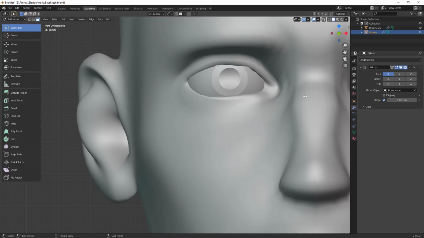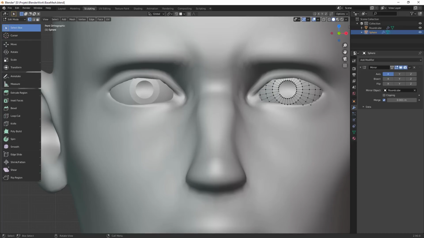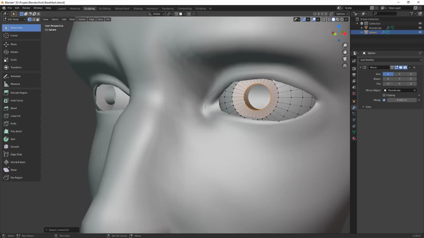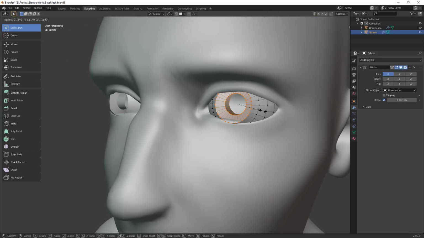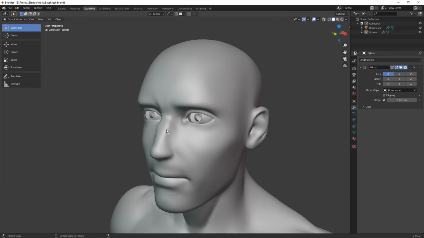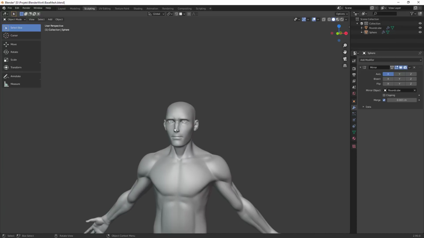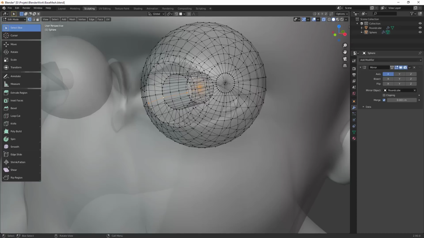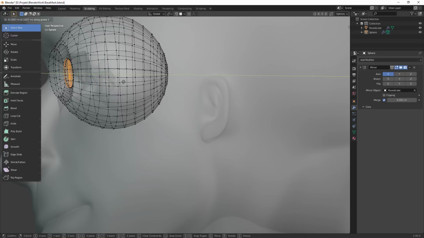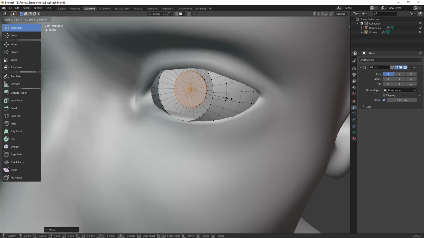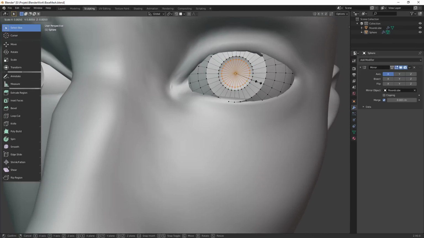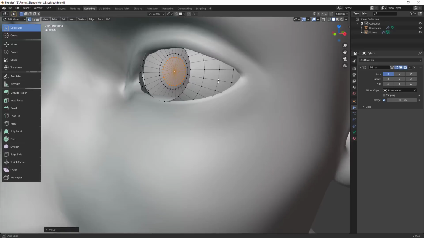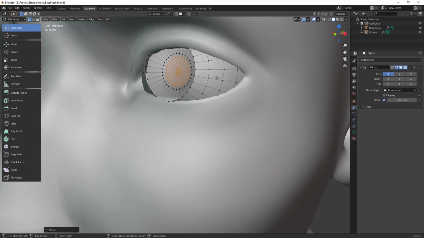I think also the pupil could be a bit larger, so I'm going to select the inner part like this using L, and I'm going to select this loop. On top of that, I'm going to scale this a bit. And you know what? I'm going to select this part with the point, so the inside of the hole. I'm going to push it back, scale it down a bit, push it back the other way,